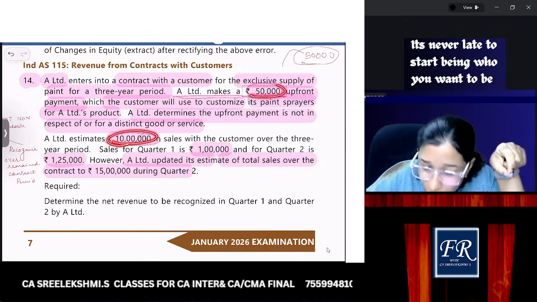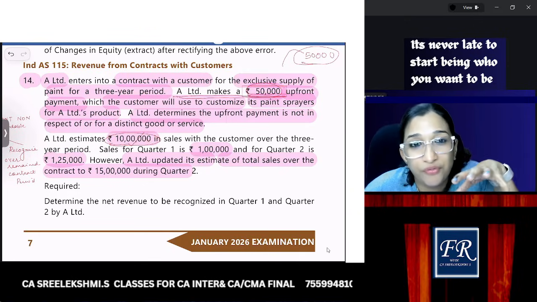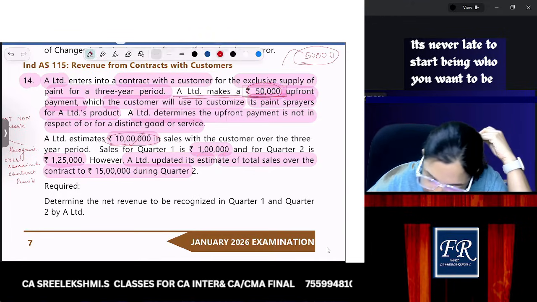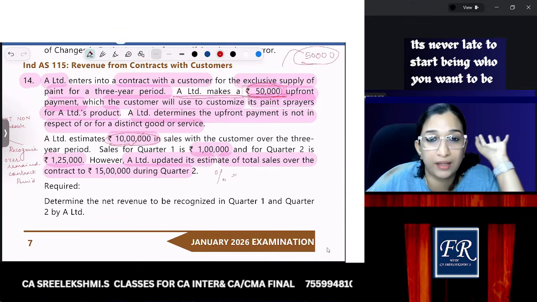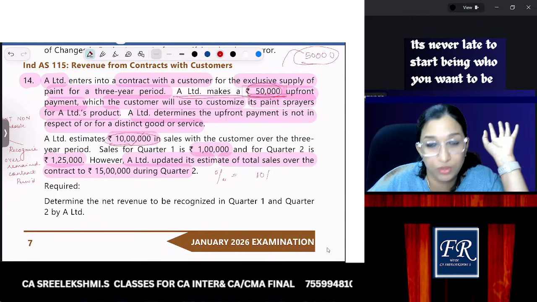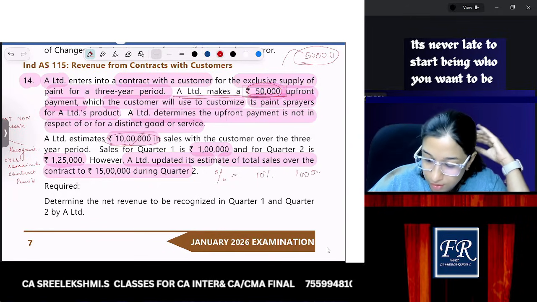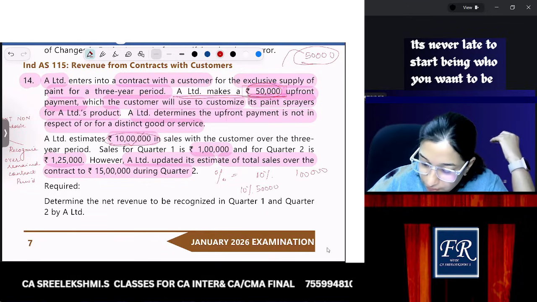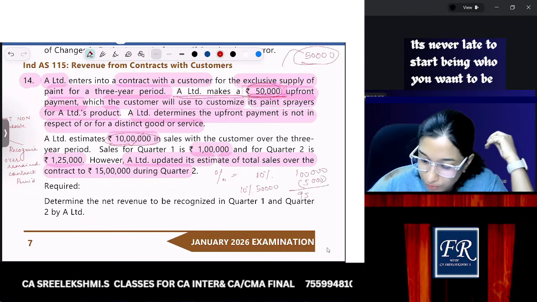For the total contract, I paid an upfront fee of 50,000. So in the first quarter, how much percentage of revenue am I recognizing? 10 percent, 1 lakh. So accordingly, 10 percent of 50,000, that is 5,000, is to be reduced, and revenue to be recognized